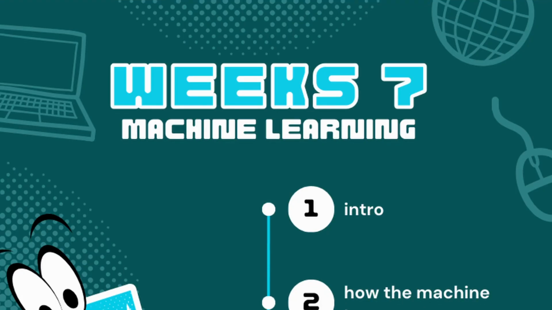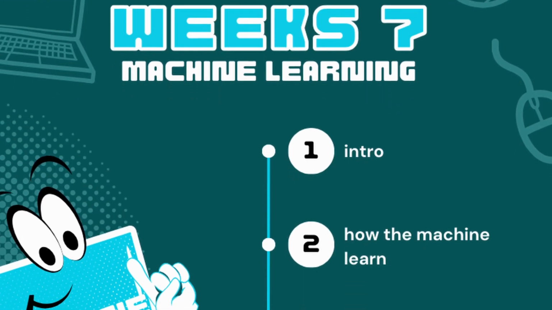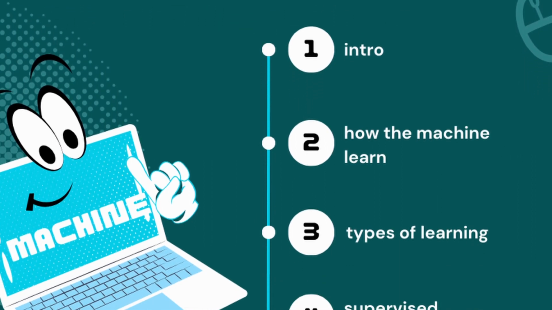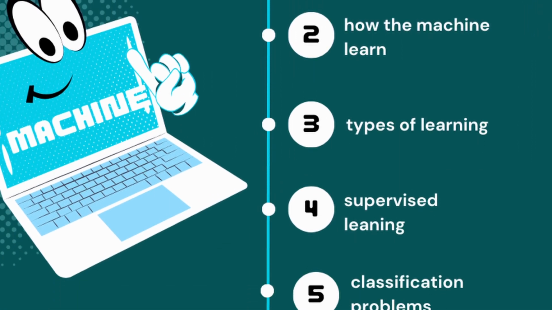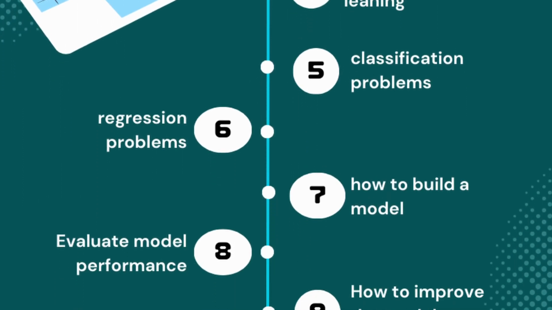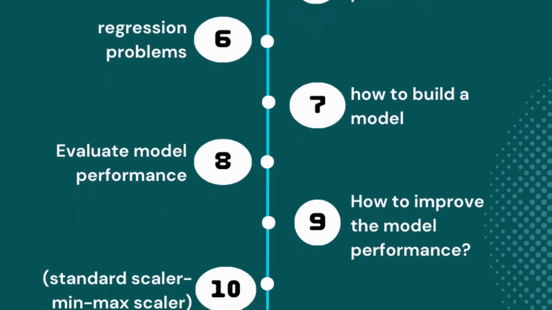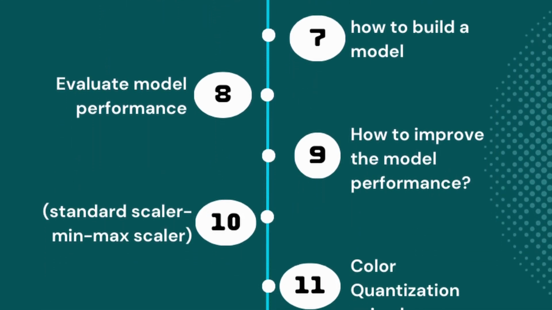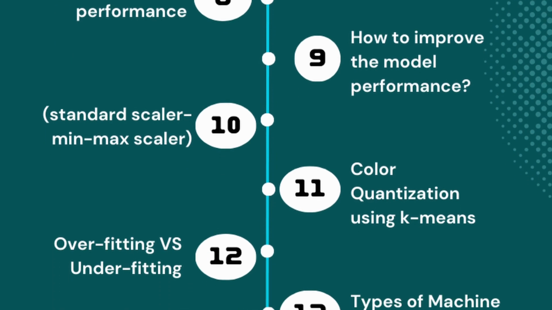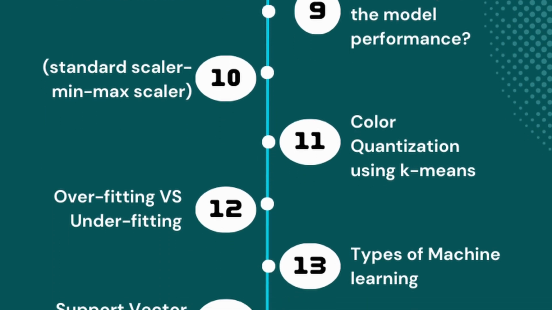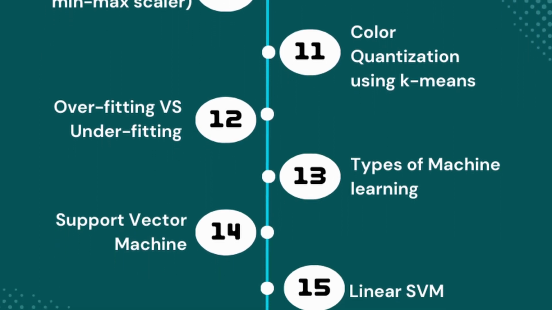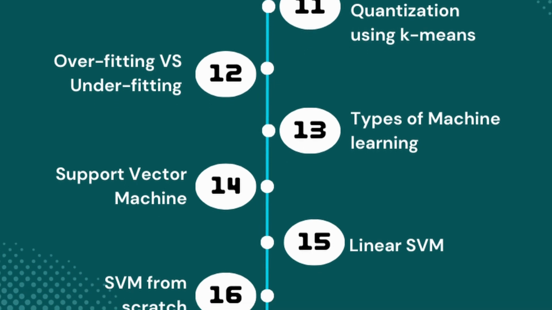Let's take a look. First of all, we have an intro. You will know some tools and some basic stuff. And then how the machine learns. Types of learning: supervised learning, classification problems, regression problems, how to build the model, evaluate model performance, how to improve the model performance, standard scale, min-max scale, color quantization using k-means, overfitting versus underfitting, types of machine learning, support vector